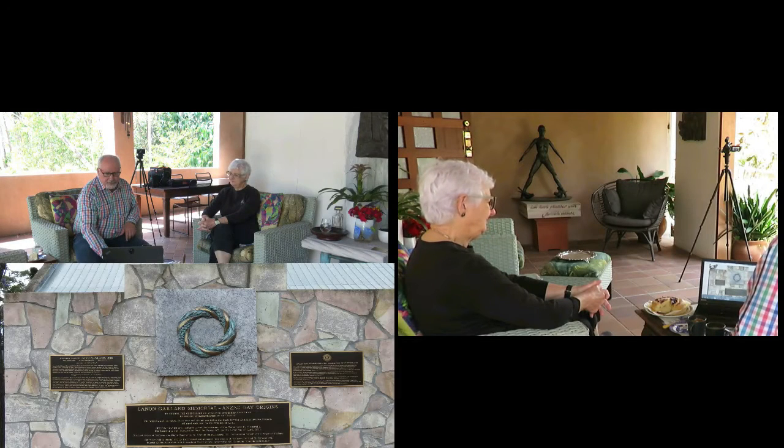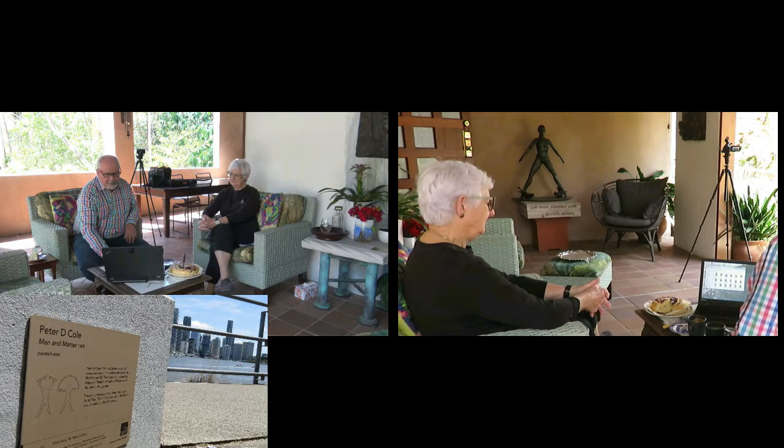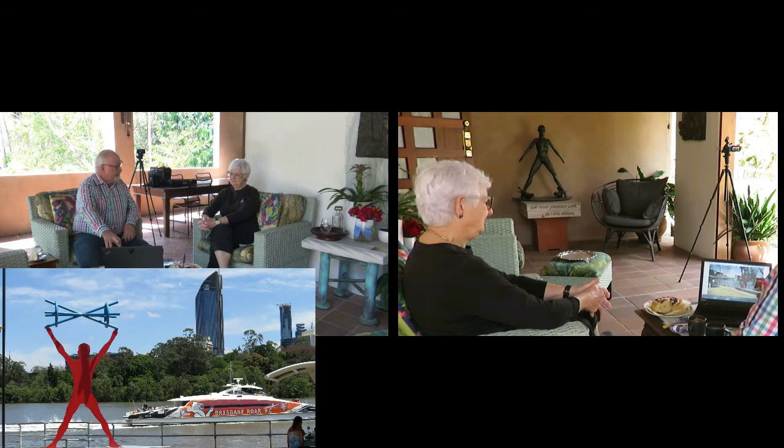The other thing that I found amazing was that that sculpture sits right above Man and Matter, which was the very first piece of Expo '88 that was unveiled, and those large metal men down the bottom of...